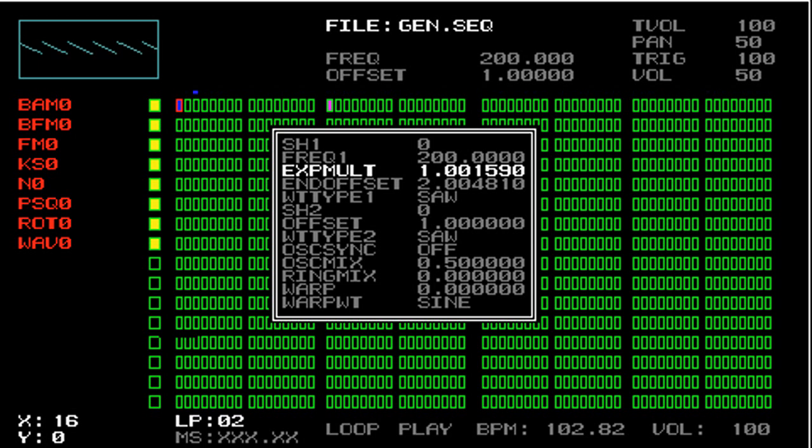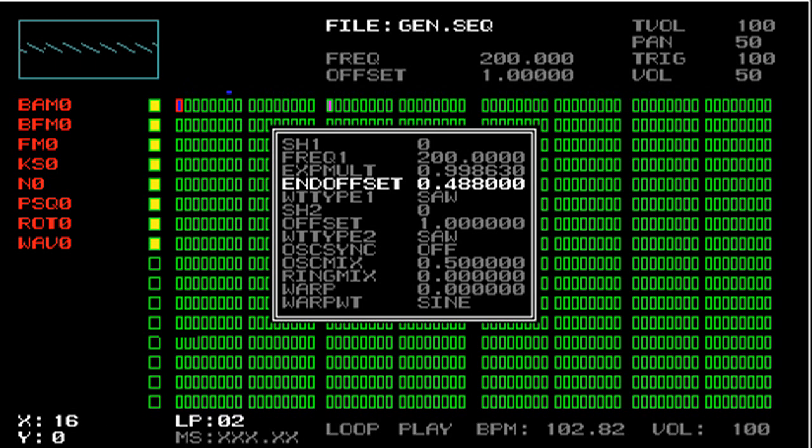Also, we can use this for doing positive and negative slides. So what I've done here is brought EXPMULT value to a little bit below 1 and end offset to about